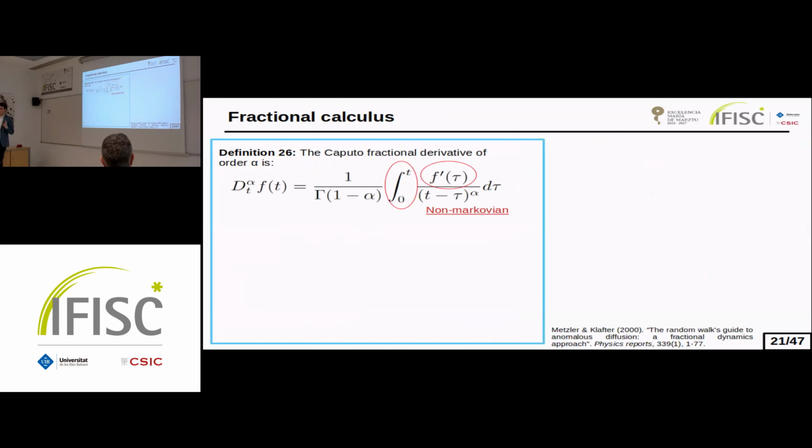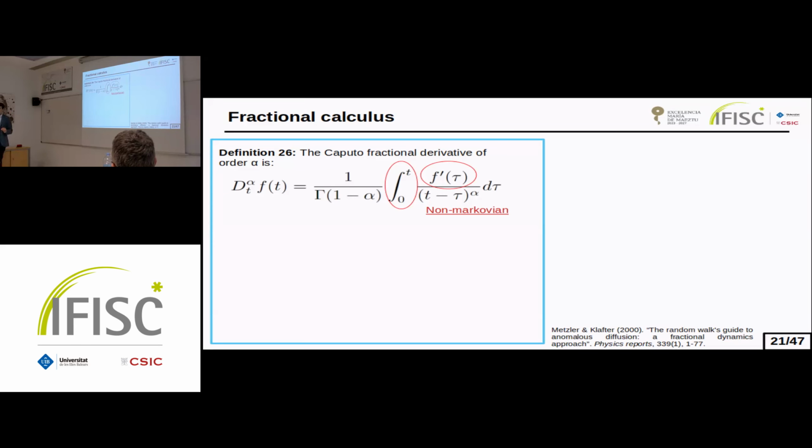Now let's model subdiffusion. To model subdiffusion, we use this operator called the Caputo fractional derivative, which admittedly is a bit scary, but basically this is the way of modeling a derivative that is not of integer order. It can be a derivative of order 1/3, for example. That order is given by the parameter alpha, and for alpha equal to 1, we recover the usual derivative operator. The important thing here is that we have an integral over the usual derivative.